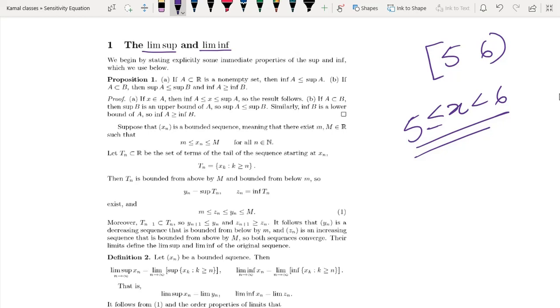Due to that reason we have coined one new term, called supremum. If the maxima exists, then there is no difference between supremum and maximum. But suppose it does not exist, then the supremum equals the maximum value, that is 6. It might be possible that the supremum does not lie inside this set. Suppose 5 to 6 is included, then the maximum is 6, which is one of the elements inside this set, and the supremum and maxima are all equal. But if I have this kind of situation, then we define the supremum.